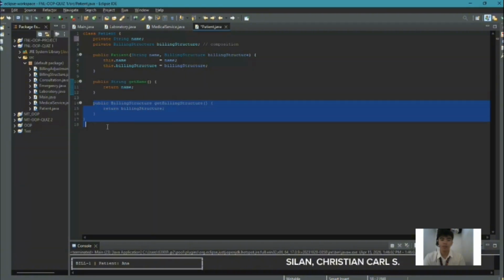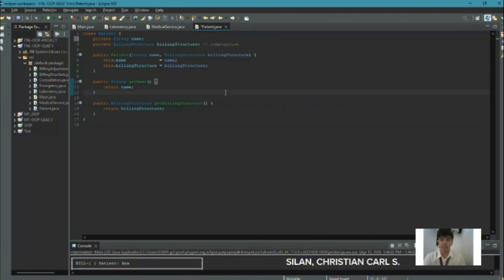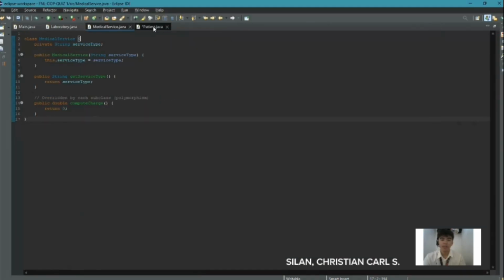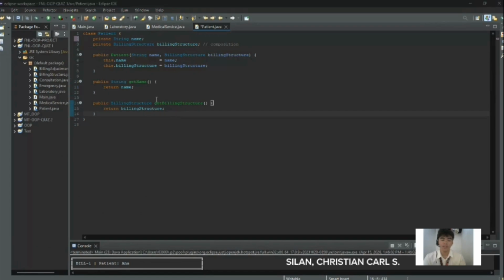So, last block of code for the patient program. This getter method provides access to the private billing structure object, which represents the core component of the patient record. It allows the system to retrieve the internal billing medical service for processing while maintaining encapsulation. So that's our patient.java program. We discussed the main Java, laboratory Java, and medical service Java, and finally the patient Java program. So let's proceed